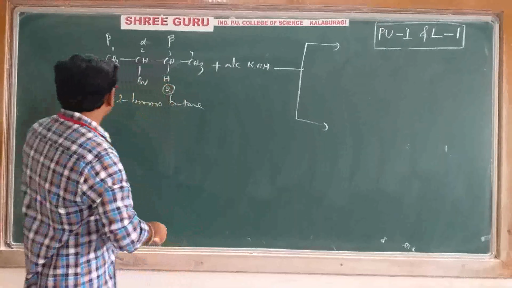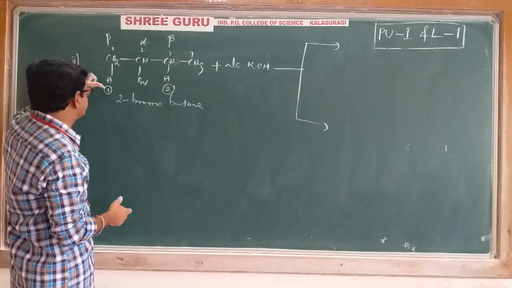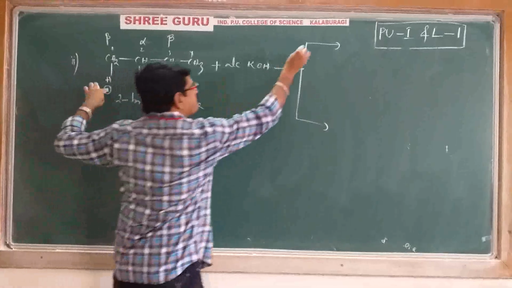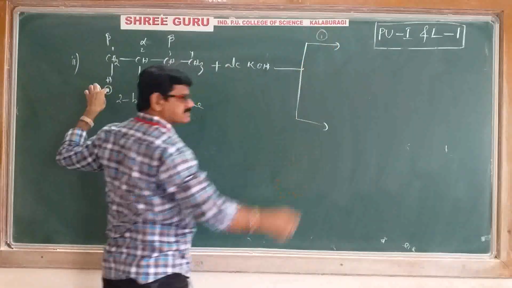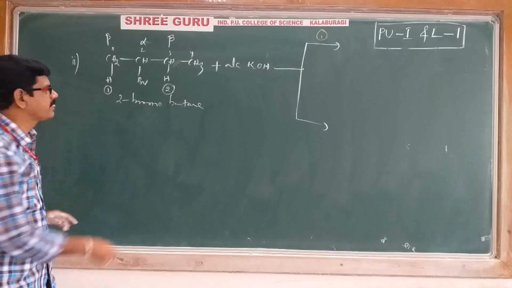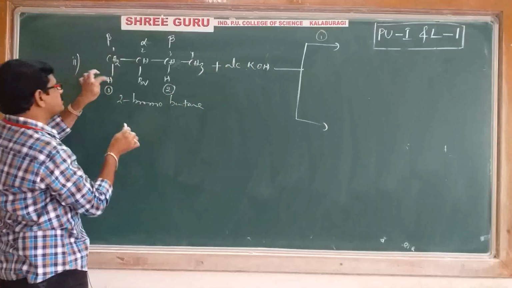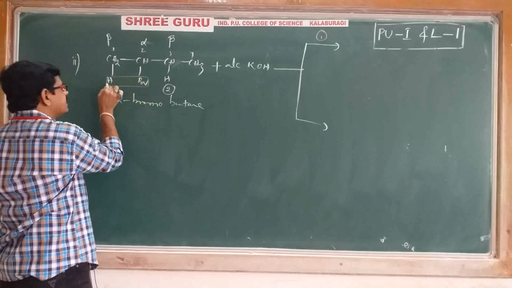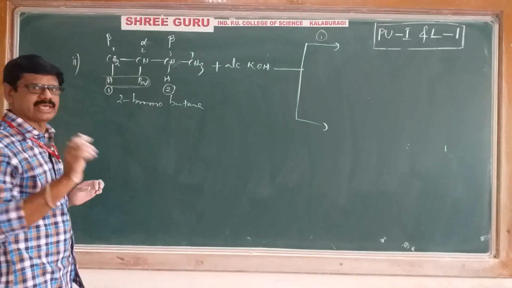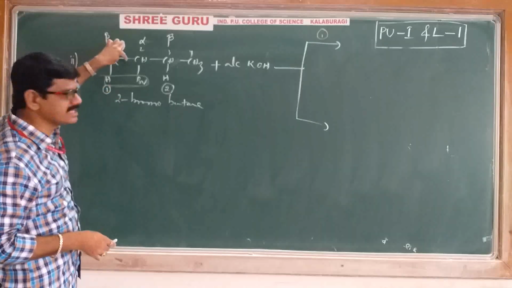We'll do one thing. First, I'll eliminate this beta hydrogen, let's say beta hydrogen 1, and I'll write its related product. How? Potassium hydroxide is removing the bromine, and OH is removing this hydrogen. Means this hydrogen and the halogen are eliminated. Okay? Then you will get a double bond here.